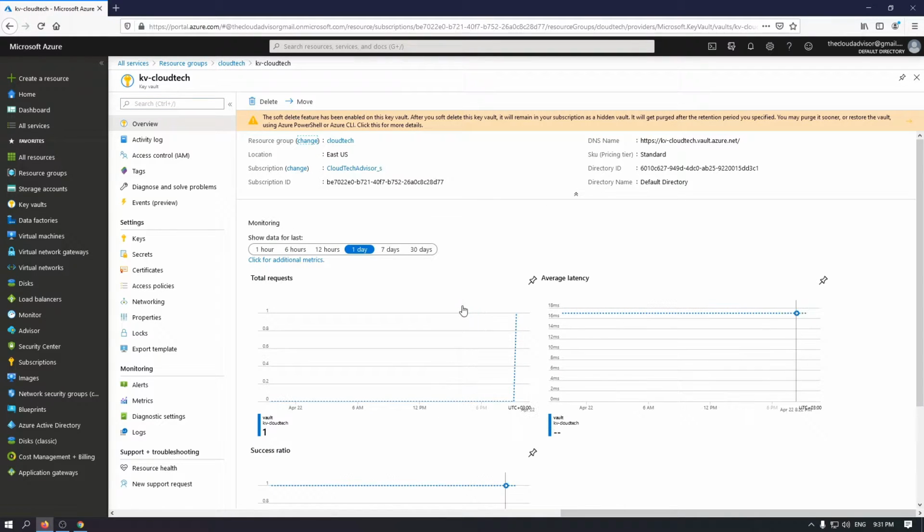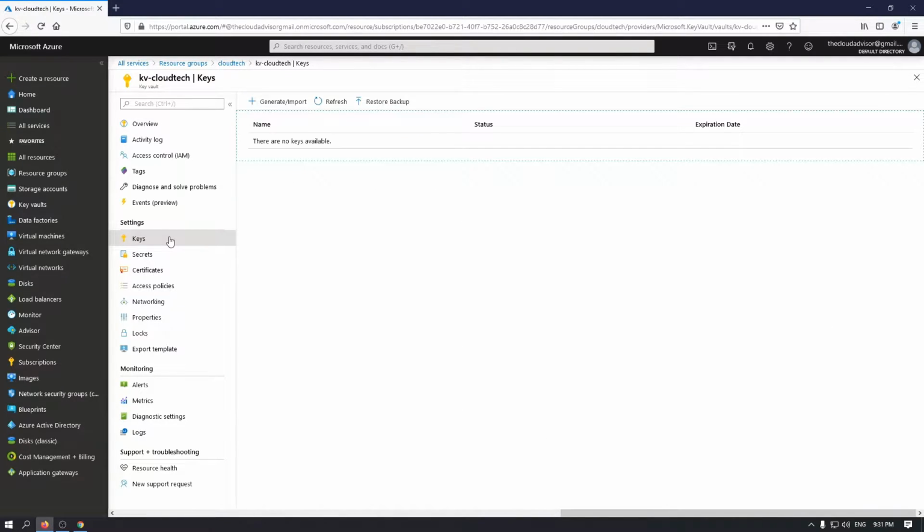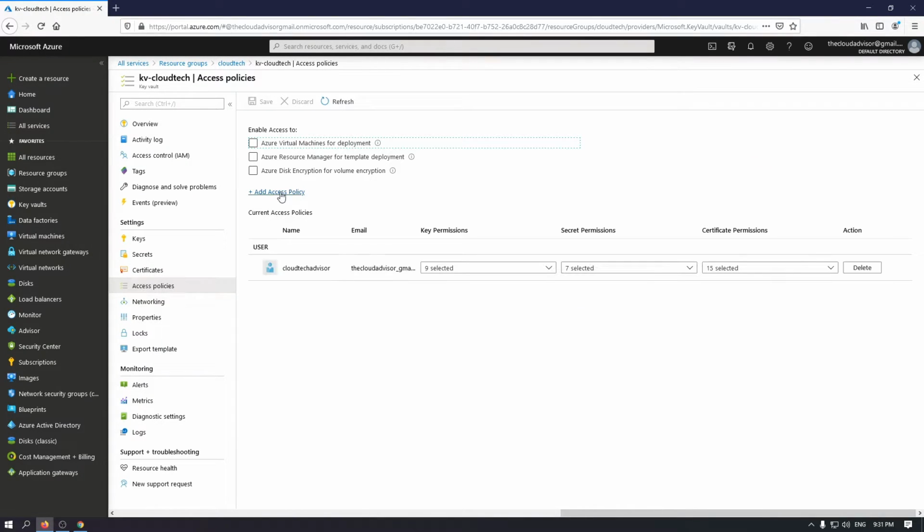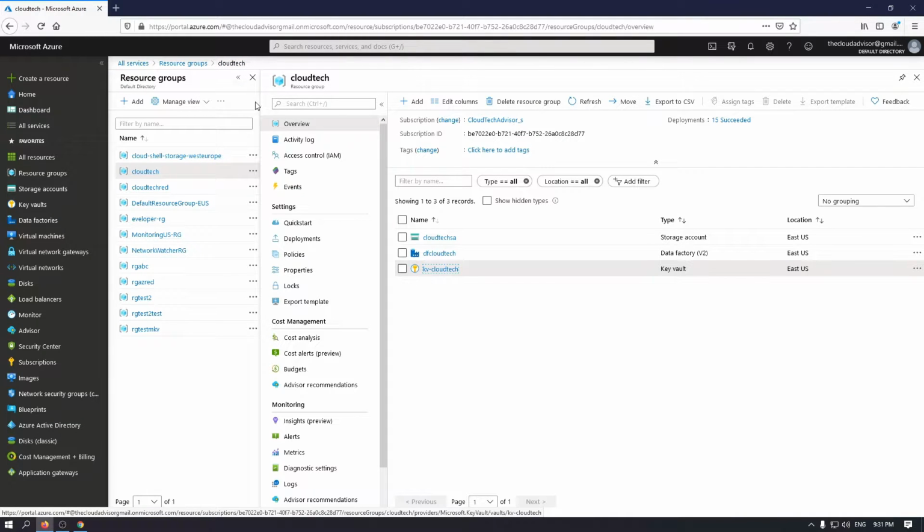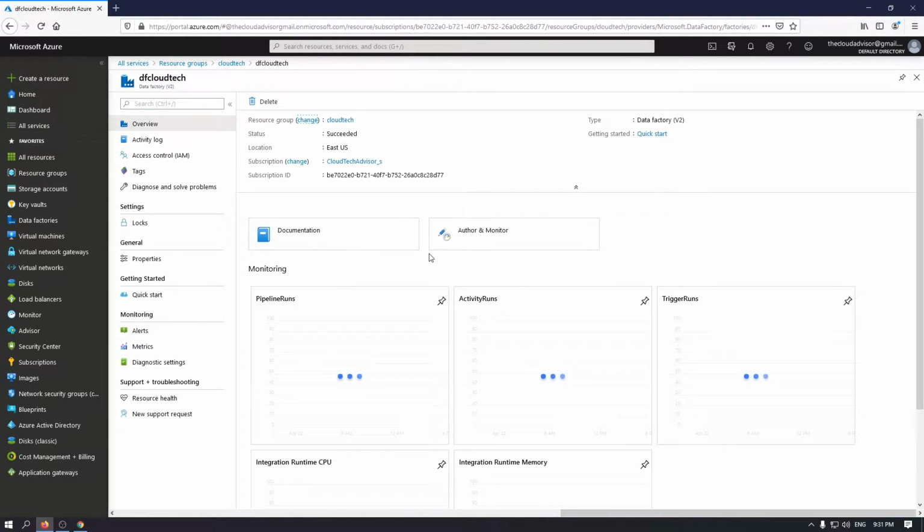Let's make a quick overview of Key Vault. Here in the main tab you have a DNS name and the pricing tier. Below you have the keys, secrets and certificates that actually define a Key Vault. Below are the access policies that grant access to get, list, or delete, maybe, keys or secrets for one application or a user account. Okay, now go to Author & Monitor in Data Factory.